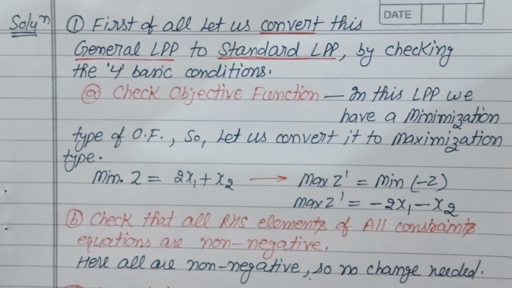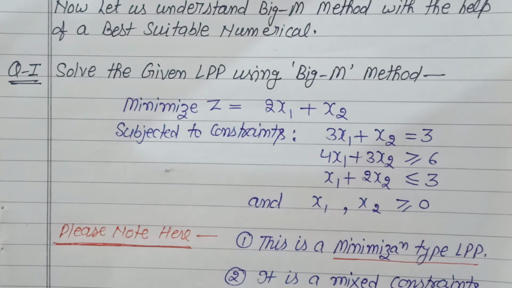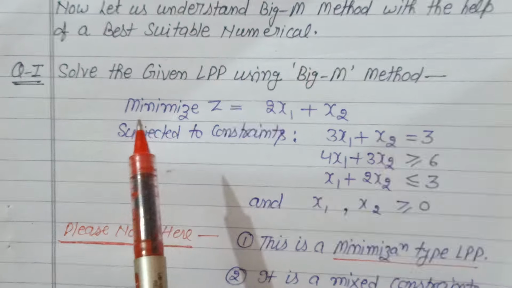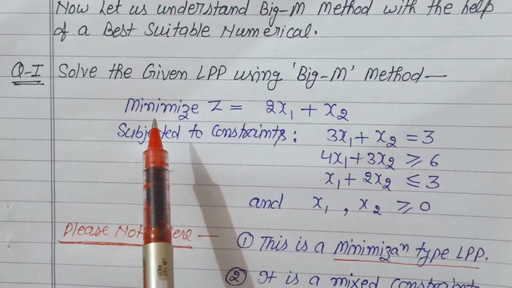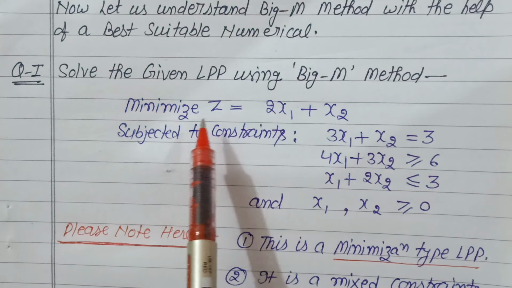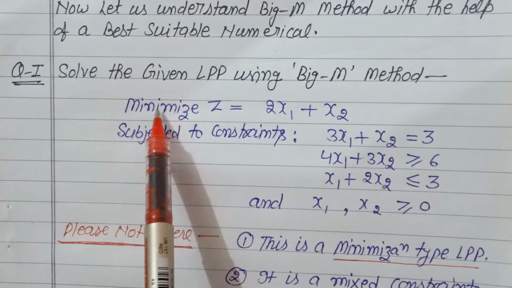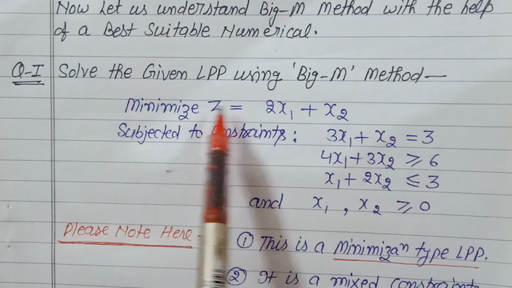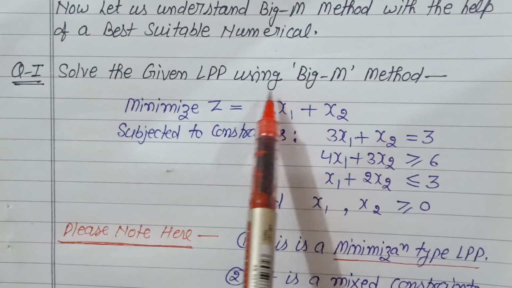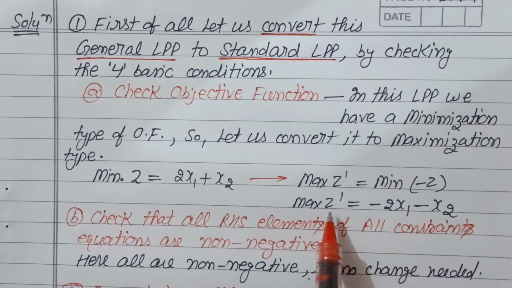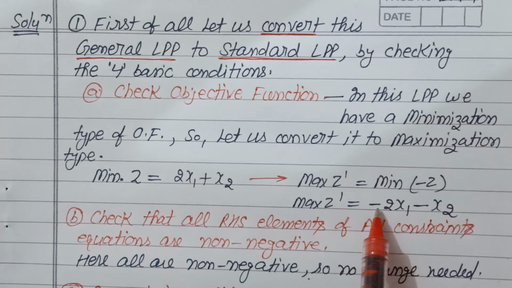First of all, we have to check the objective function. Here you will see that in the initial problem the objective function is of minimization type. So as per the demand of standard LPP, we have to convert this into the maximization form. For converting this objective function to maximization form, we have to multiply this equation by -1. So when we multiply by -1, we will have the equation: maximize z bar equal to -2x1